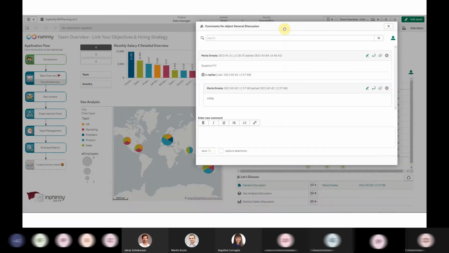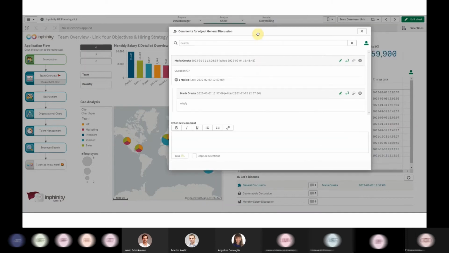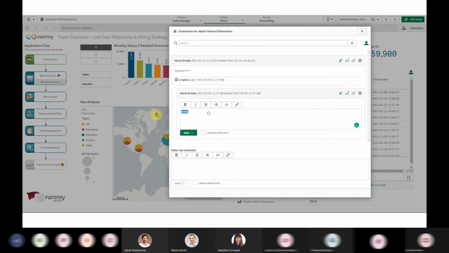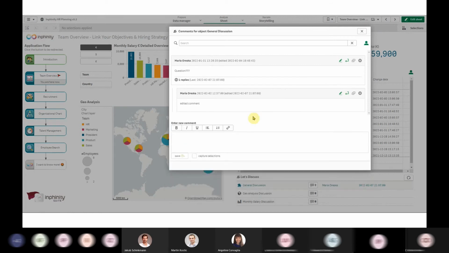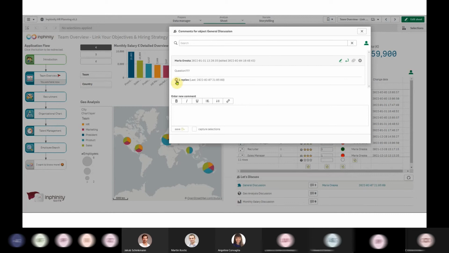So I always see the rest of the screen and can find the context that's important for me. Also, you might notice the option to edit my own comments, collapse replies, and still see the information about the last reply here.